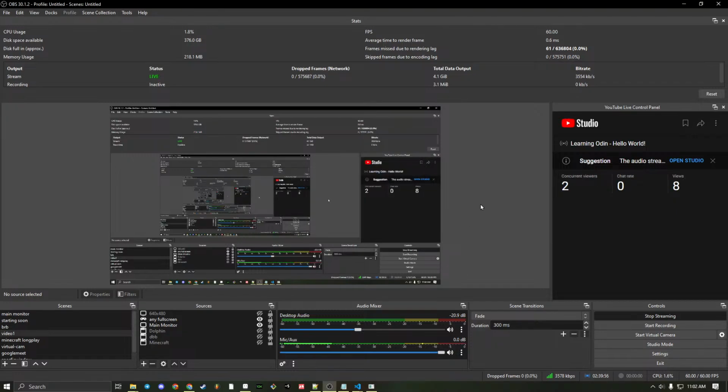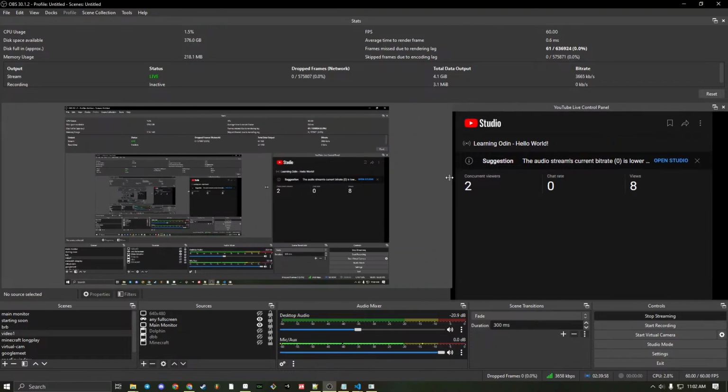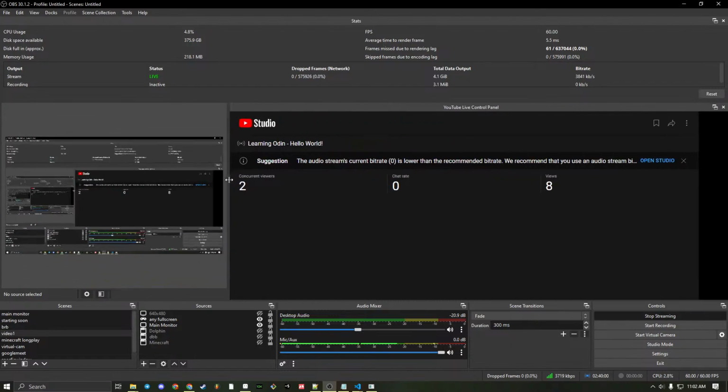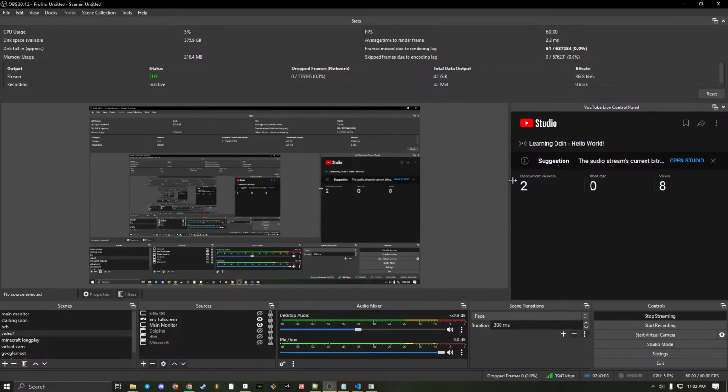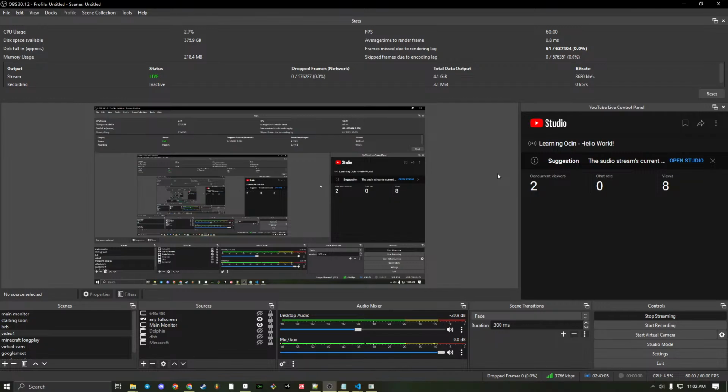Okay, the audio stream's current bitrate 0 is lower than the recommended bitrate. Does that mean I don't have any audio? Does that mean my audio isn't working? Can anybody hear me? Oh dear. Well,